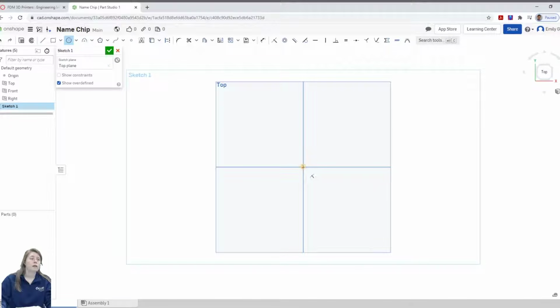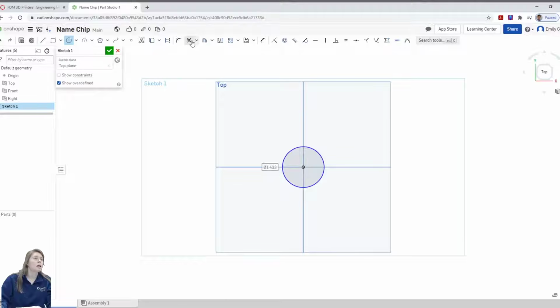We're going to take it from the origin and we're going to go out. And you can see as I'm dragging it, it will give you different diameters that you can use. We're just going to pick an arbitrary one, and then we are going to use our dimension tool to change it to what we actually want it to be. So we want it to be 1.5, and now you can see that our sketch has gone from blue to